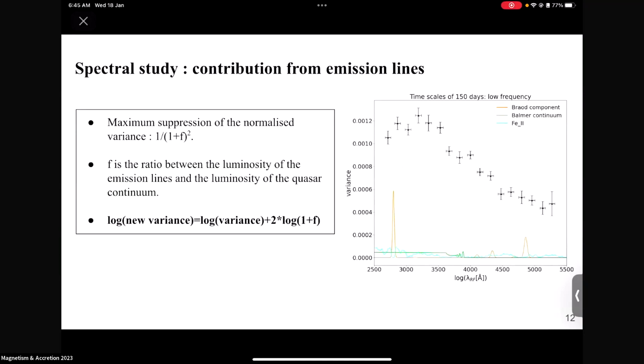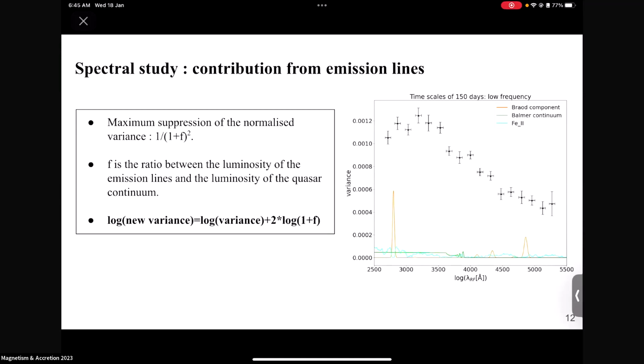So for this, we overplot the template of the spectra on top of this plot. And if you see around 2,800 and 4,800, there is suppression in the variance because of the broad lines. So that's why we wanted to recover this variance, and we obtain the new variance